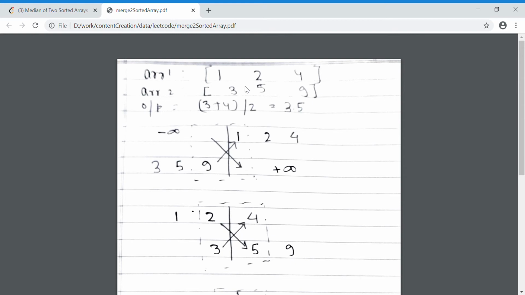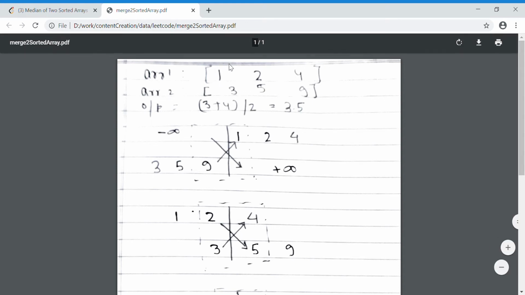Now when I say the number of elements on the left hand side and the right hand side are equal, it does not mean that of one array. What I mean is, suppose I partition this first array 1, 2, 4 at point 2, so left side of this array will be 1 and right side of this array will be 2 and 4. Now I have to choose the point in the second array to partition so that when we join these two arrays, the number of elements on the left hand side of the merged array and the number of elements on the right of this merged array